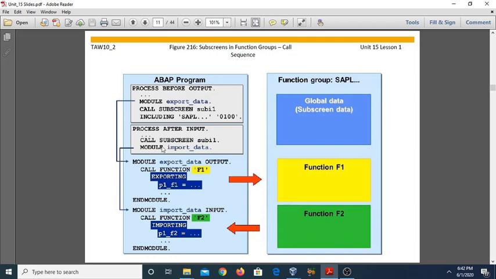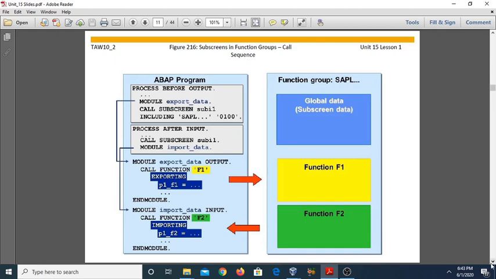Similarly, after the process after input block of the subscreen, the function module is called to transport the data back from the function group to the calling program. So this sequence must be kept in mind while calling the subscreen outside of the main program.